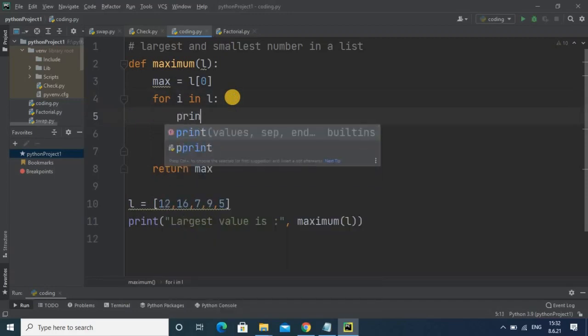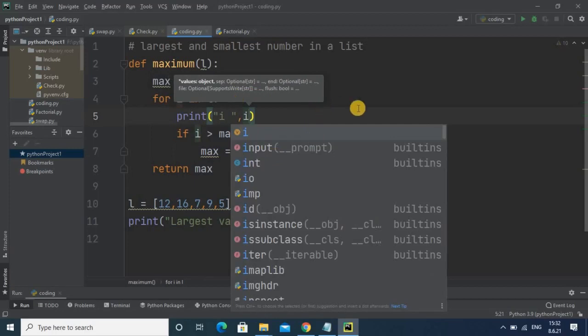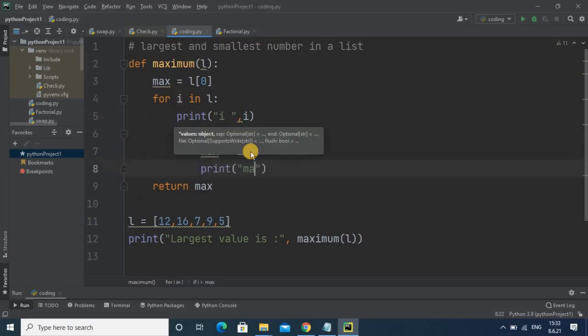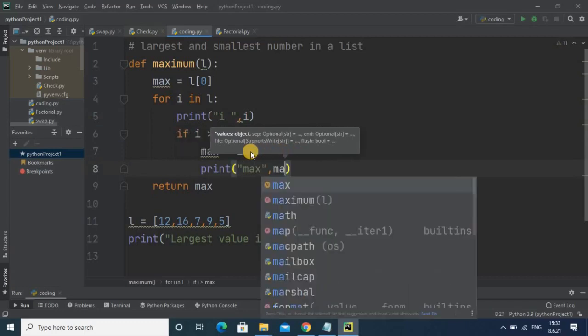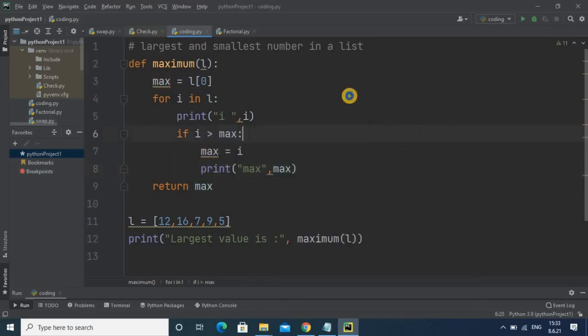Here I am writing an output statement for showing the value of I. By using this statement I am showing you the value of I, and here I am taking one more statement, writing max, and showing you the value of max. Because of that output statement you can understand how this code is running exactly.